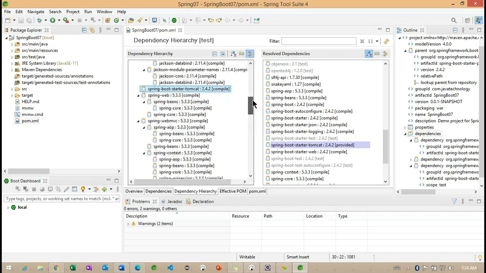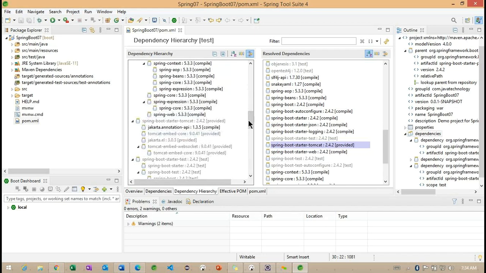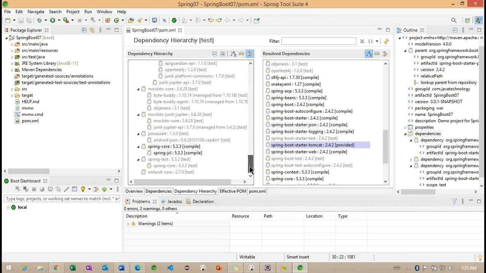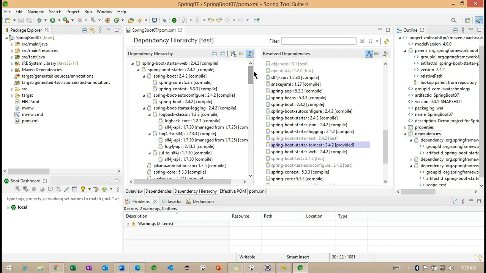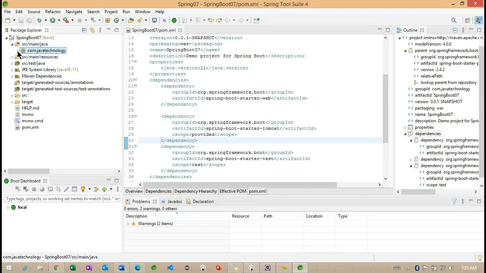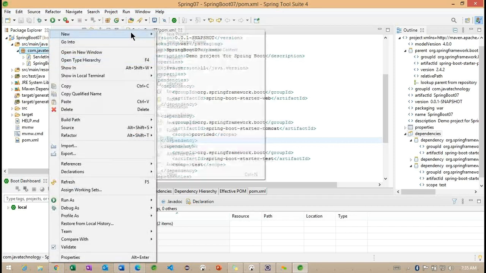This we have identified: web beans, Web MVC, context, we have already identified in the earlier examples. So these dependencies are automatically going to be downloaded here. Getting the point. Now what we can do here, simply we'll go back to the application. We'll create one class here.